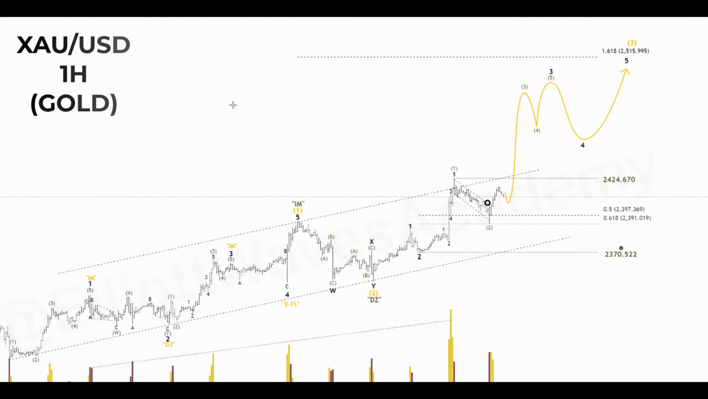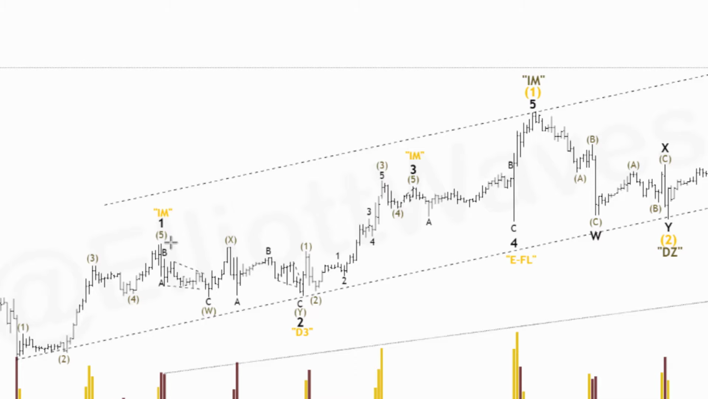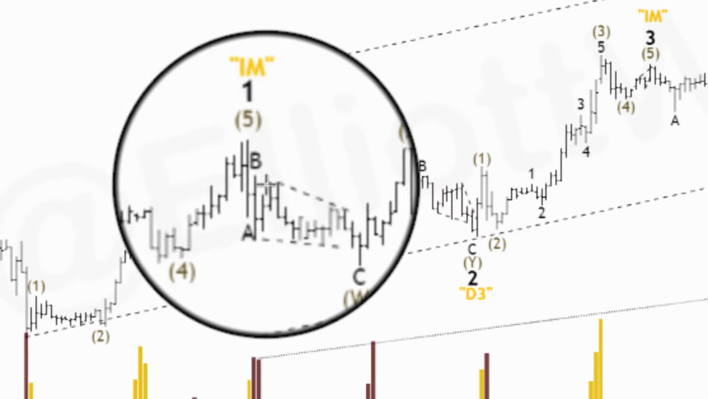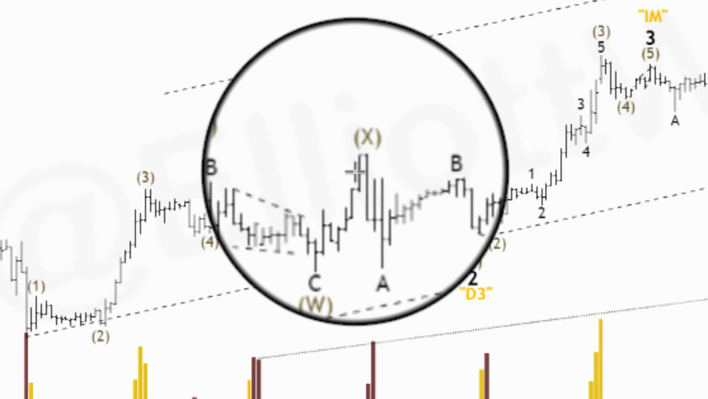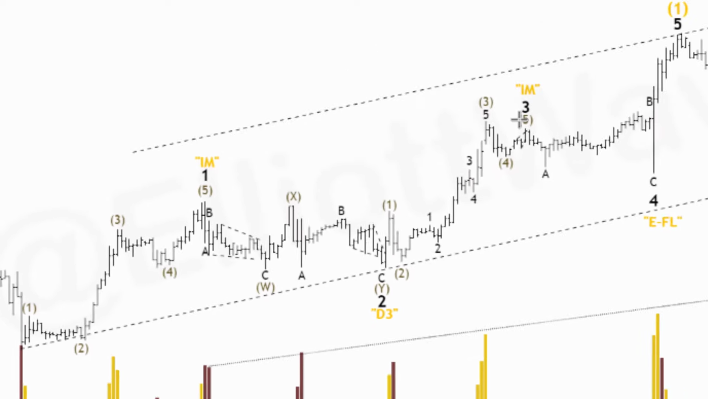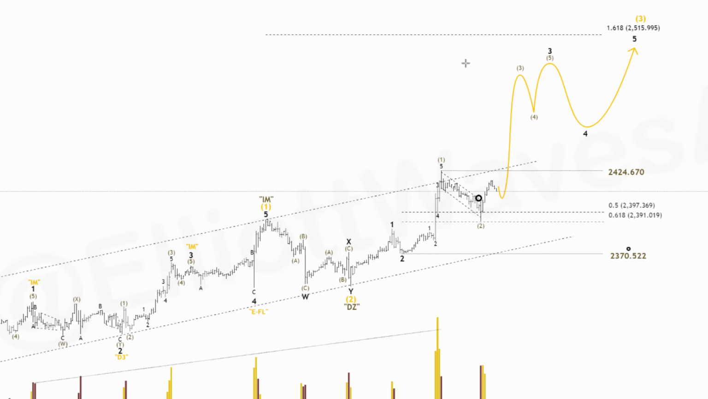Now let's make an update for gold. As you can see, the price made an impulse structure, wave 1 as an impulse wave, a double 3 as a wave 2, a zigzag combined with a regular flat, then an impulse structure as a wave 3, wave 4, 5. So we can say that we finished wave 1 of an impulse wave that should take us ideally to the target that we mentioned last week, based on the bigger picture, which is